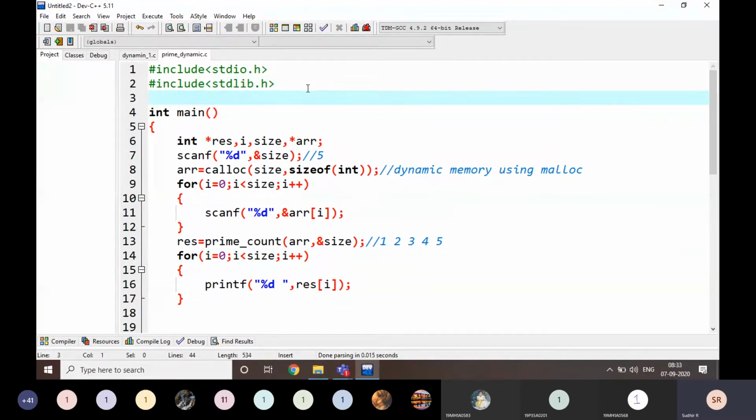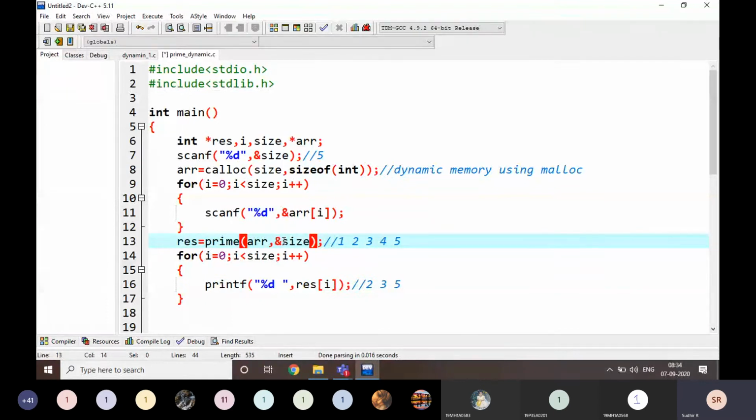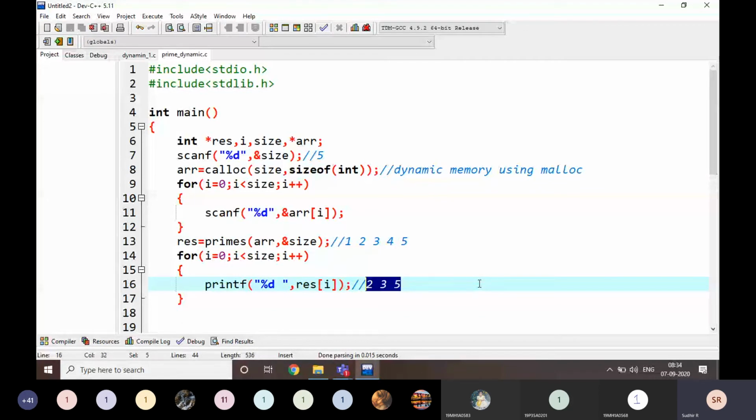Okay. Now I am going to define here how many values I am returning. Only a single value or multiple values? Not a single value. Here I am going to return how many prime numbers there are, I am going to print not only the prime count, but the prime numbers here. Okay, primes. Not the count, I am going to return what the prime values are. Okay, is it clear, everyone?